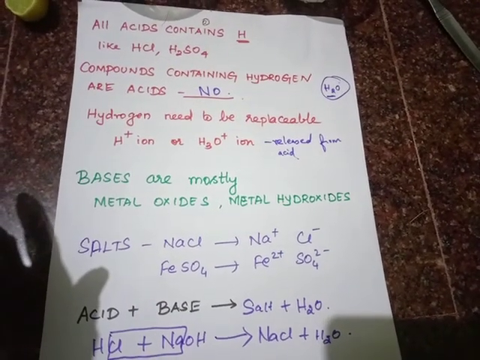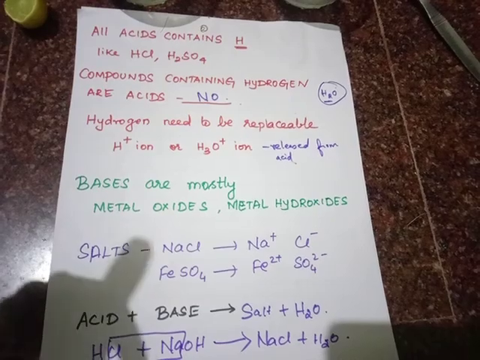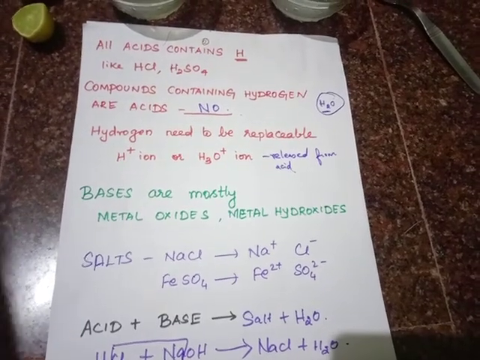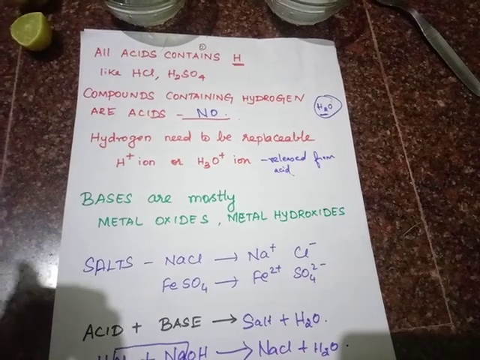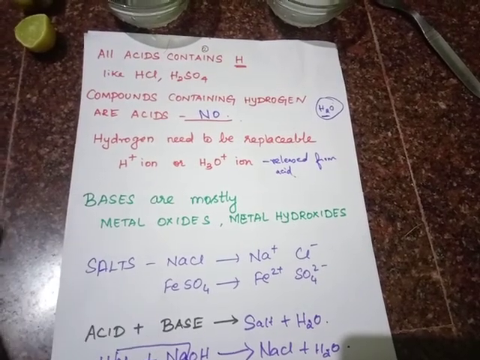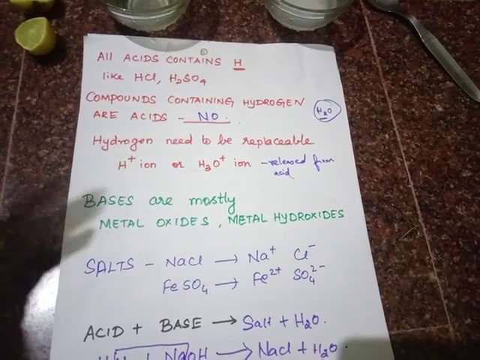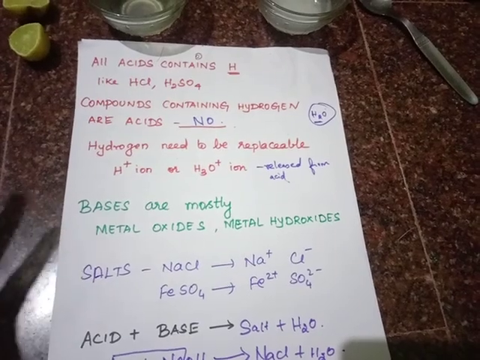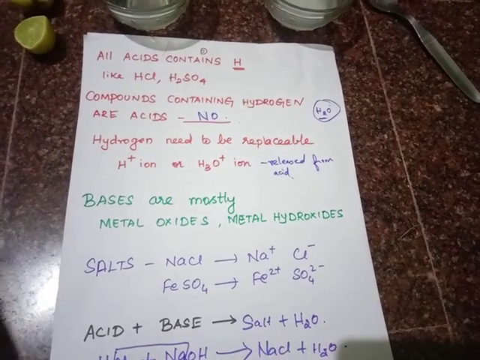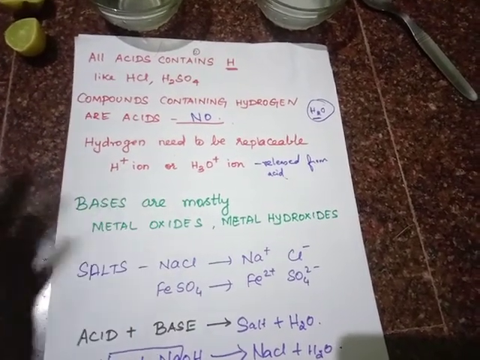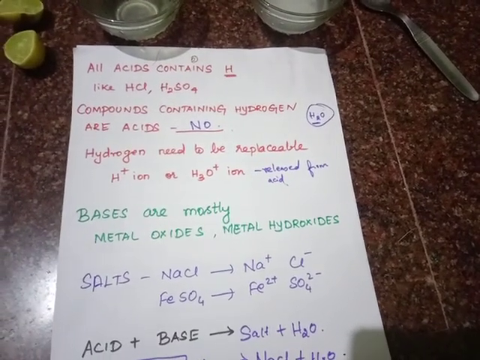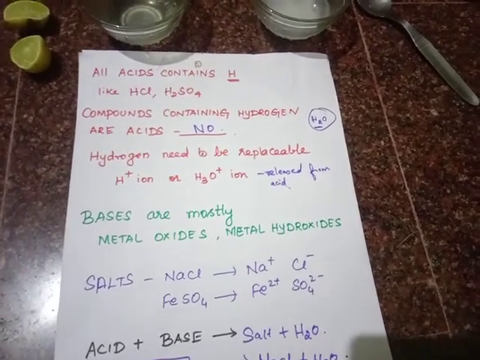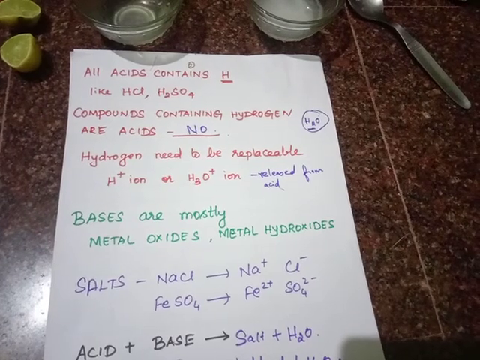Now you would have got an idea about what is an acid, what is a base and what are salts. Now, how will you identify that this is an acid and this is a base? Under what reaction or test will you identify whether it is an acid or a base? All the time you cannot taste that it is sour, so it is an acid, or it is bitter, so it is a base. You cannot taste like that. So how will you identify whether it is acidic or basic?